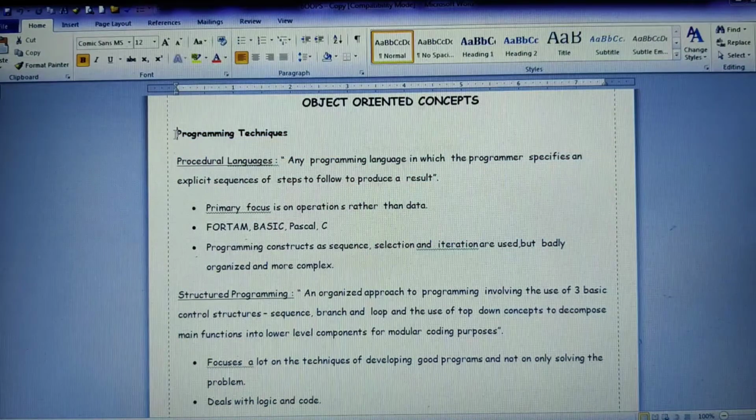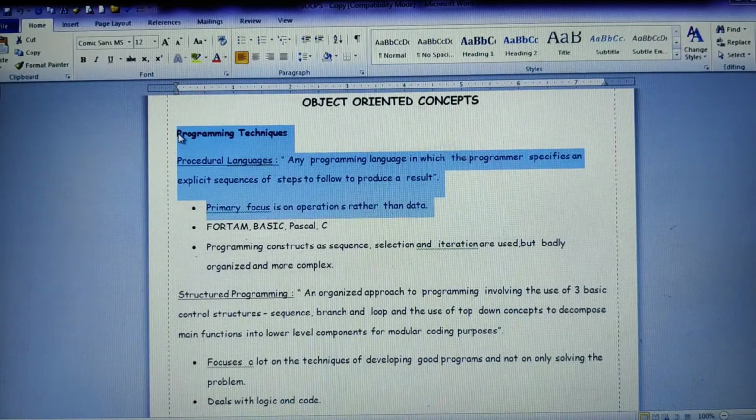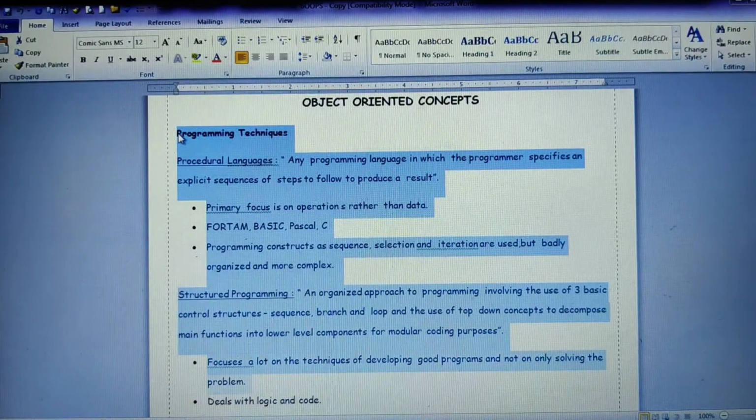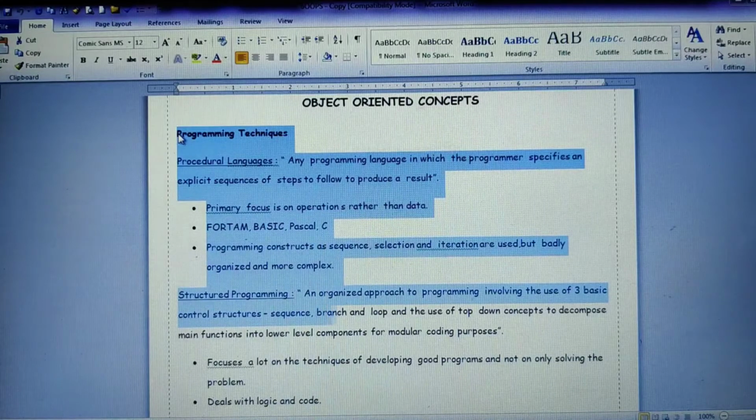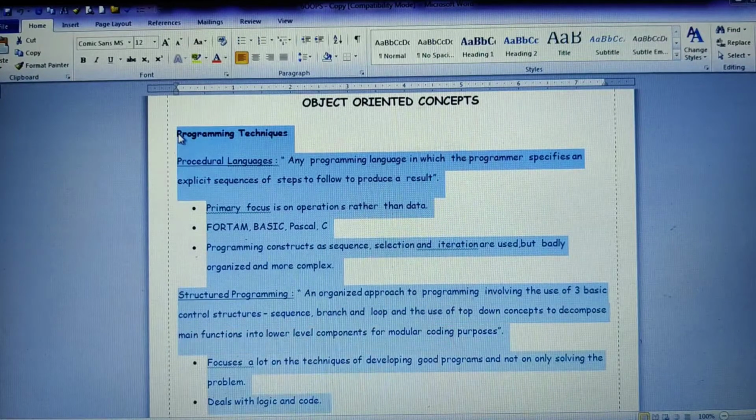Just hold the shift button over here. I'm pressing the shift button and then selecting the desired content. Here you can use the arrow keys also, in whichever way you want to select. You can move it in this way, or else you can use up and down. Like this you can select the text. These are the different ones.